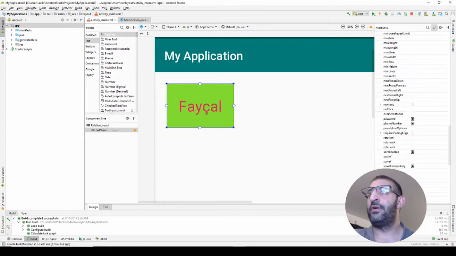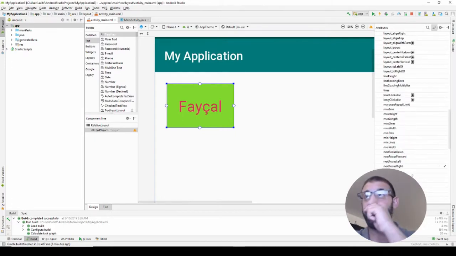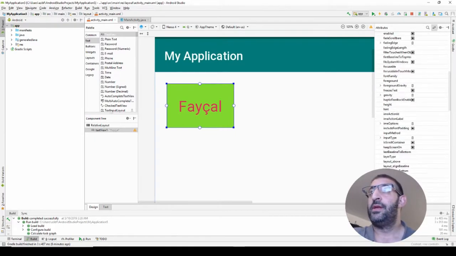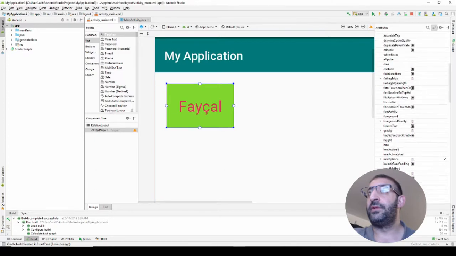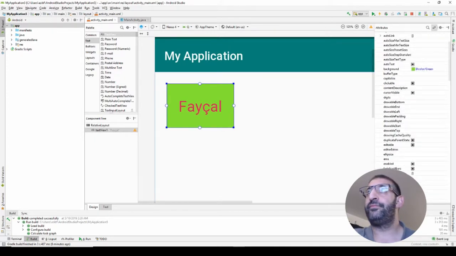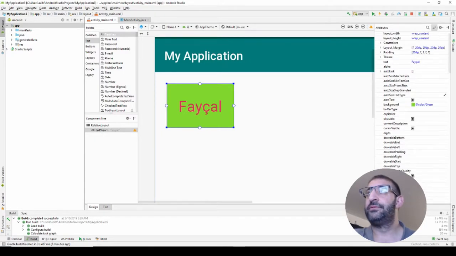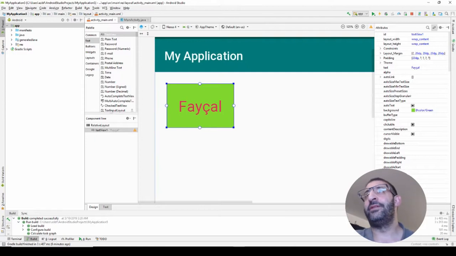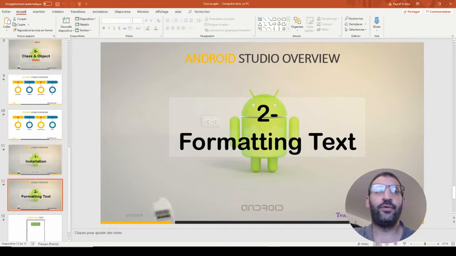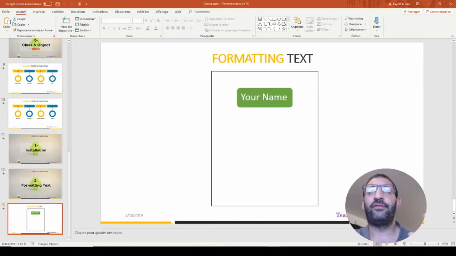Where is on click, as in the other video, of course. And we will also use background text, of course, alpha maybe, and ID, and layout width, layout height, and margin and padding. So now I will give you a challenge: to create this simple interface with your